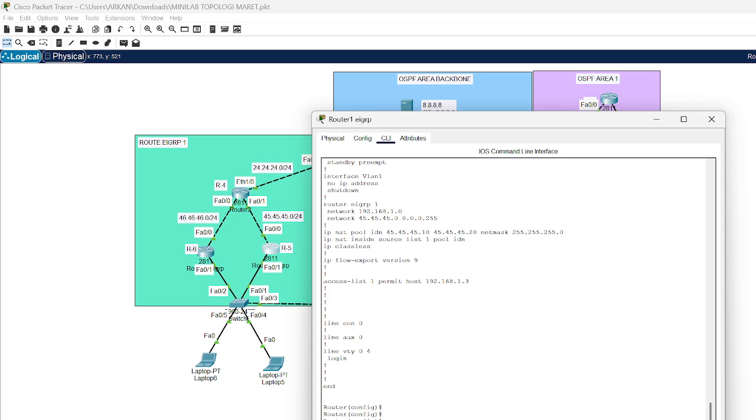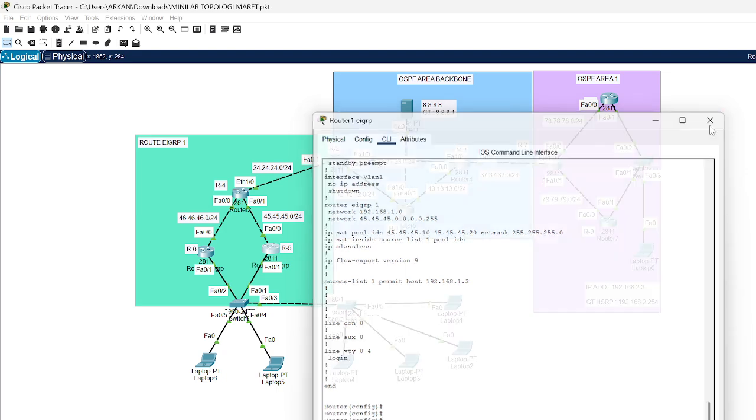And then after that I make a dynamic NAT. This is the configuration of dynamic NAT. The first thing I make in dynamic NAT is the IP NAT pool. The pool I make first, and then the second is access list permit host 192.168.1.3, and then the last is IP NAT inside source list 1 pool IDN.